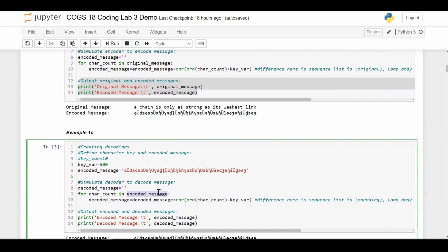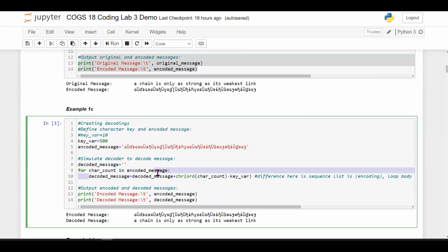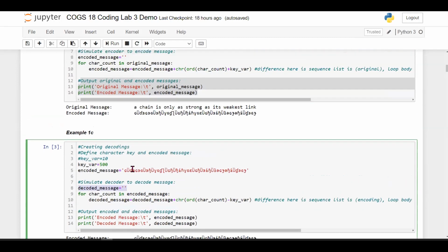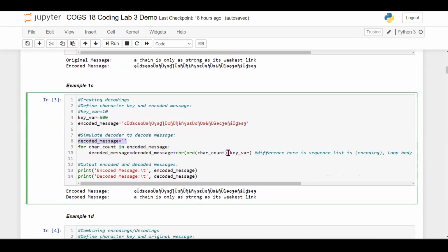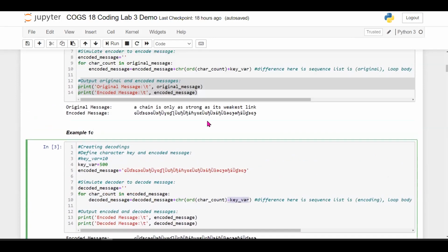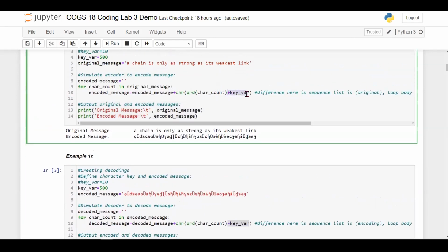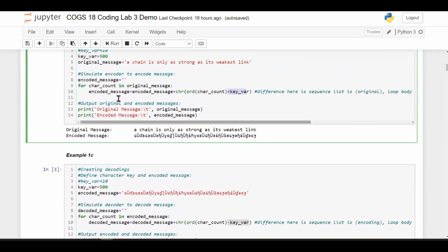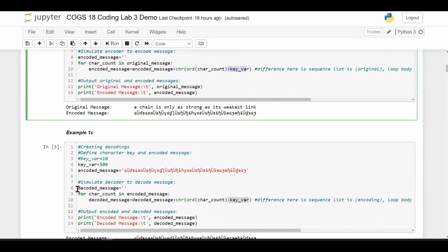That's the first difference. And then the second difference again is within your body, you want to populate this decoded message. And then the last difference is for a decoder, you're minusing the key variable, but for the encoder, you're adding this key variable. So the way you create it is just a for loop, but knowing the differences is